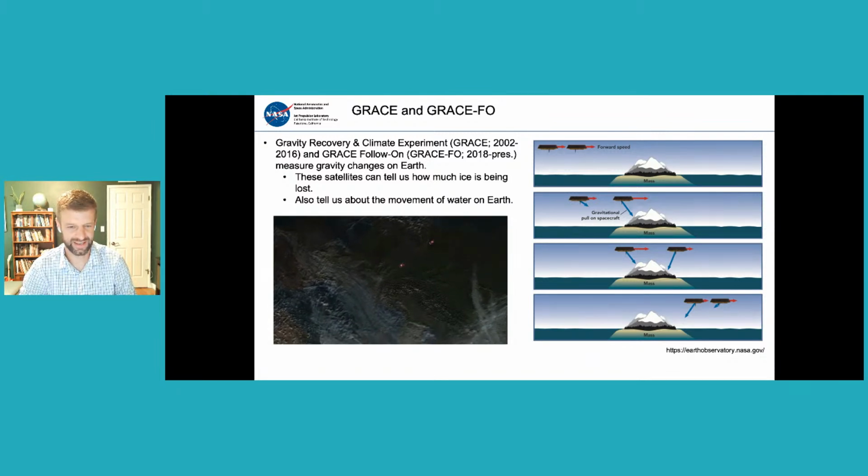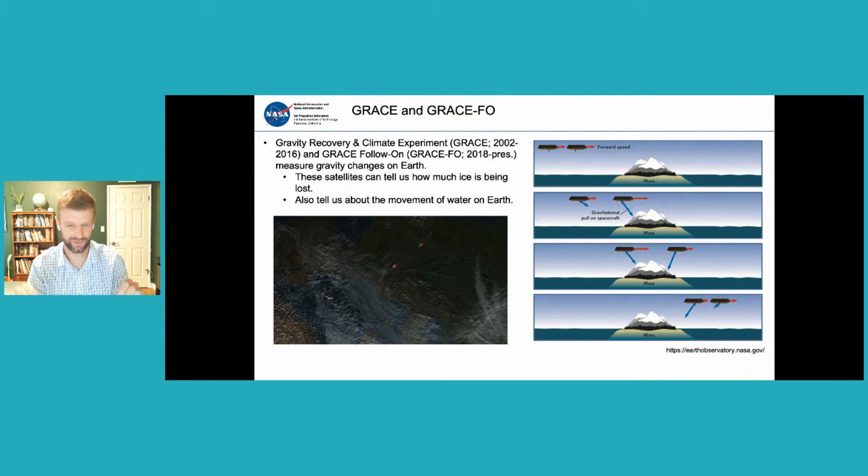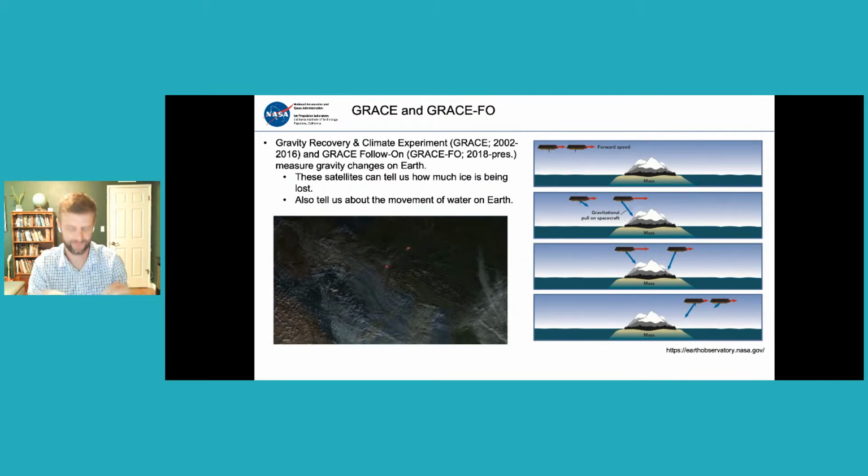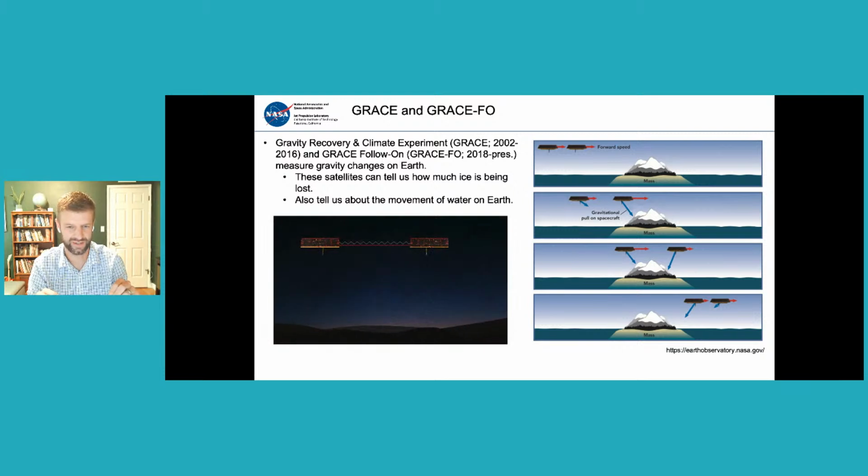So you can see that as these satellites are flying over Earth, that separation changes. So they're flying over a mountain range. Now you can see that separation. So this is another image here. That's not a tether. That's basically a measurement being made between those two satellites. So they're not attached to each other. But you can see as it flies over these mountains, these hills, the first one gets pulled towards it, and there's this constant dance between the two satellites.